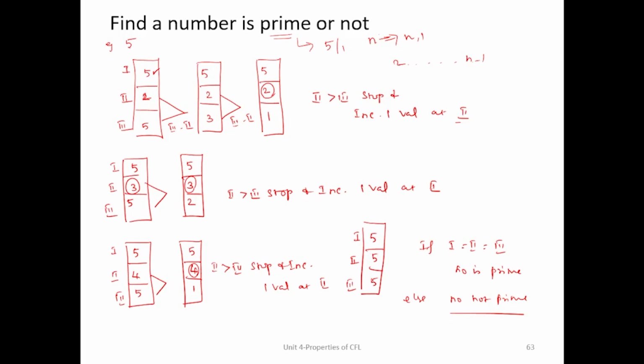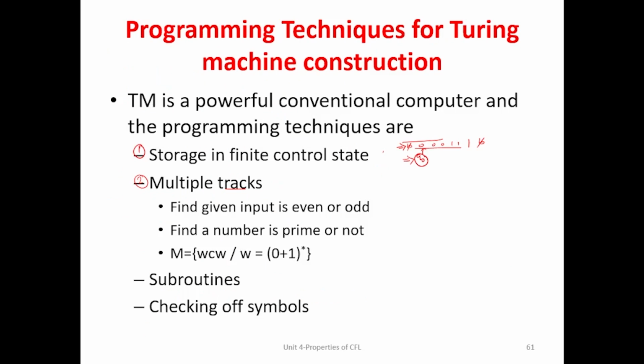Now layers 1, 2, 3 contain the same value. So if the number is prime, all the layers should have equal values. Otherwise, layer 3 contains 0. So if it is 0, the number is not prime. If it is prime, all the layers should contain the same value. So in this way, we can implement the finding of even or odd by using the multiple track